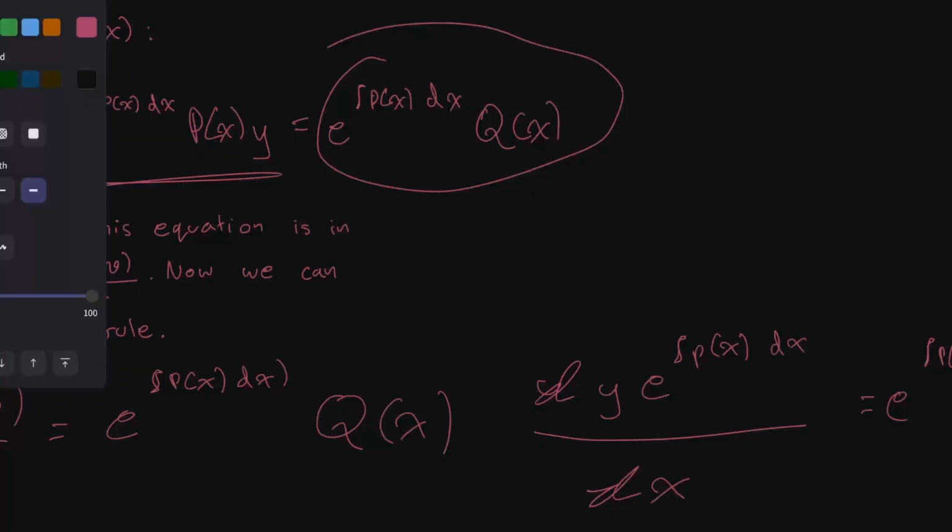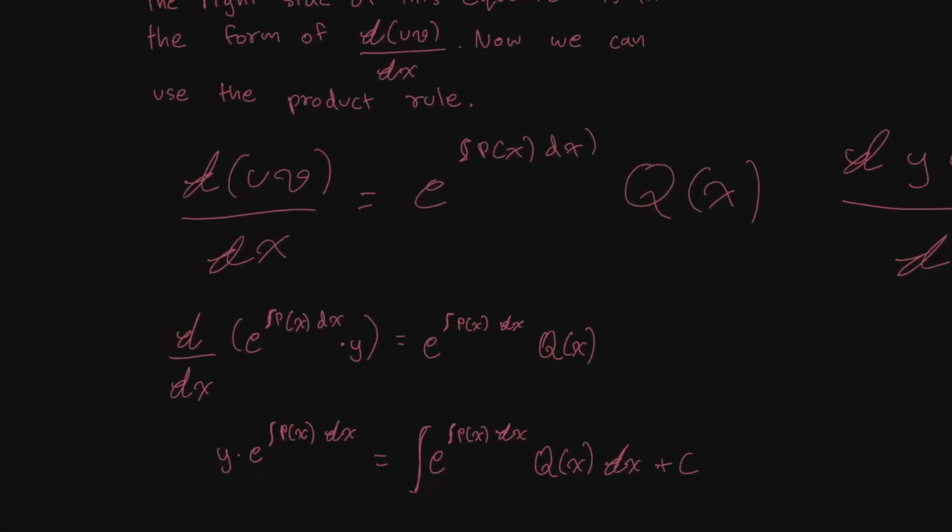So now over here, we just solved for that. So we set that up like that. And then we integrate on both sides to get rid of this derivative right there on our left side of the equation. And then we get y multiplied by e to the power of integral p of x dx is equal to integral of e to the power of integral p of x dx q of x dx